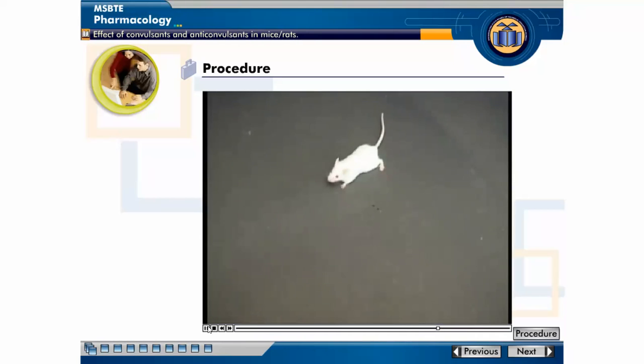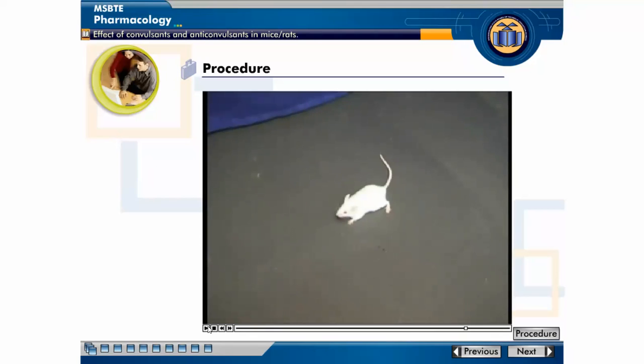You can see that the severity of convulsions, such as Straub's tail and whole body movement, is less in this mice. This suggests that diazepam